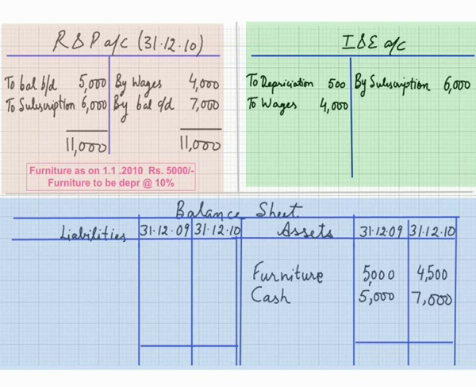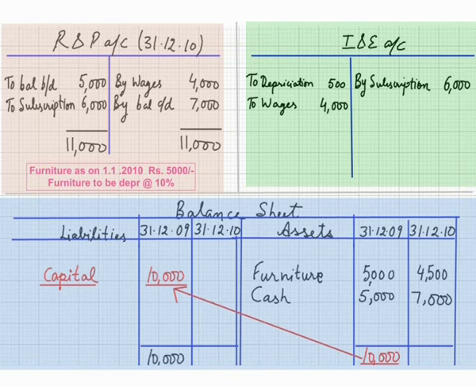First of all, make the total of the balance sheet on the asset side in the beginning, that's 10,000. It means both sides should be equal. So in the beginning it should be 10,000 rupees. Now the thing is, there is no item on the capital and liability side. Naturally, we'll assume this is the capital, 10,000 rupees.